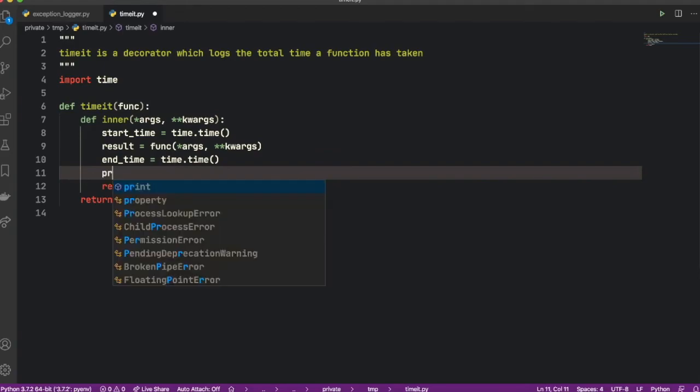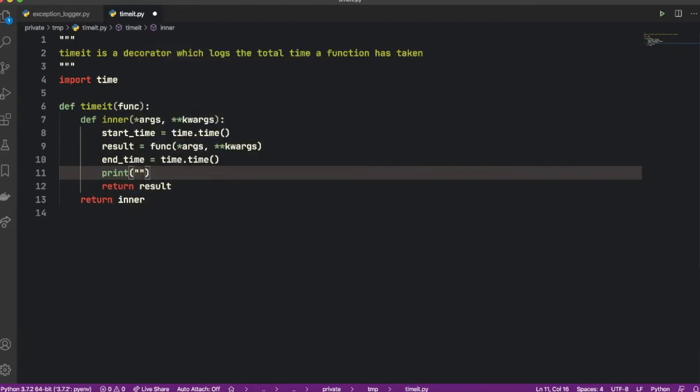Right now we will log the number of seconds: total time taken by function is some number of seconds. Here we'll say func dot underscore underscore name, right? And int of end time minus start time,